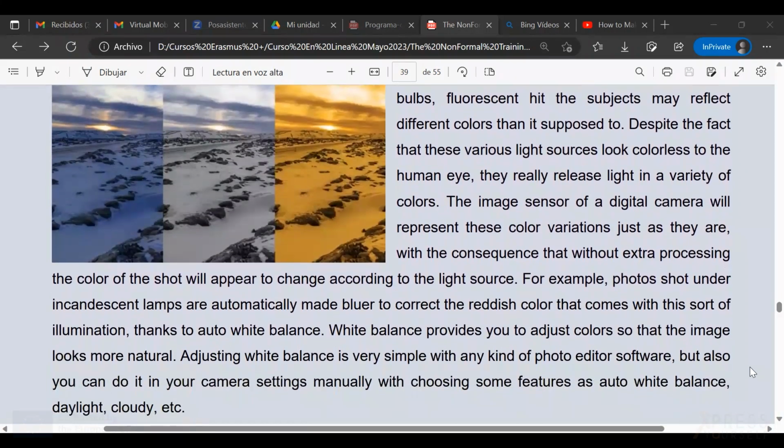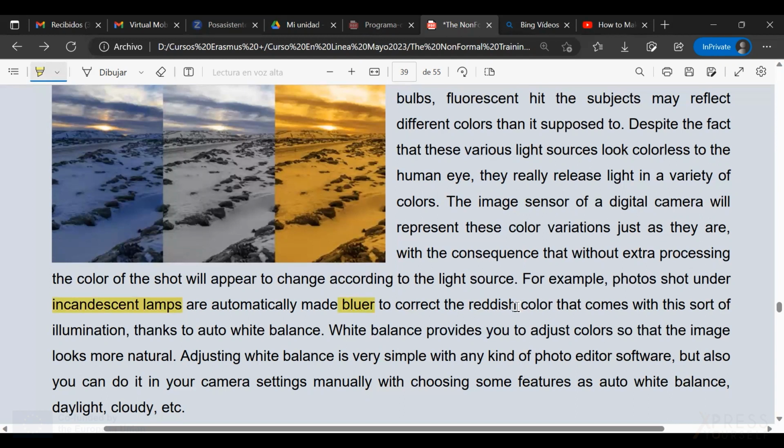For example, photos shot under incandescent lamps are automatically made bluer to correct the reddish color that comes with this sort of illumination, right? So this is something important to remember: incandescent lamps make the color bluer to correct the reddish.